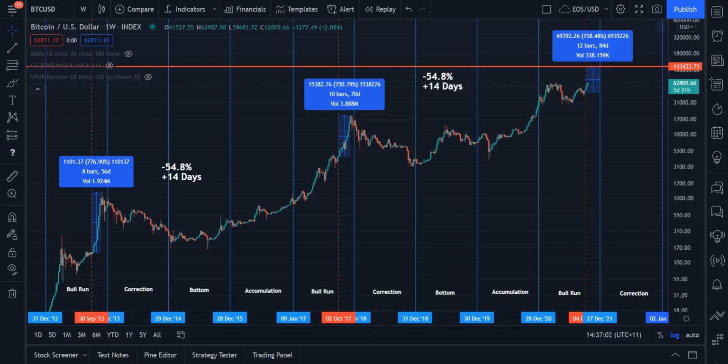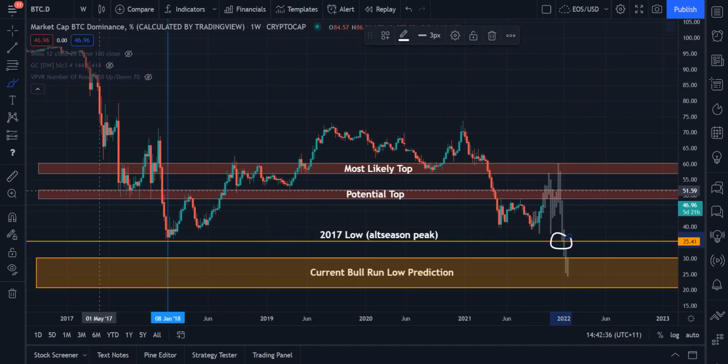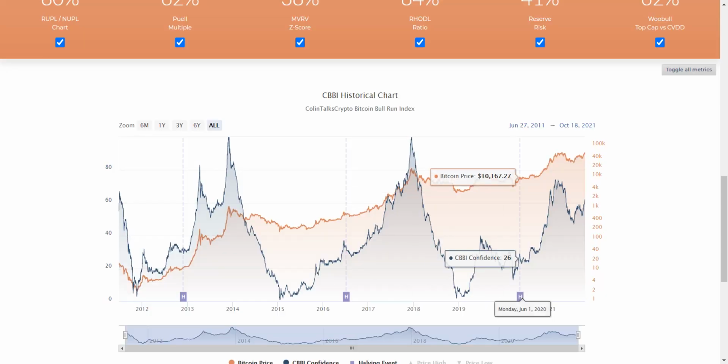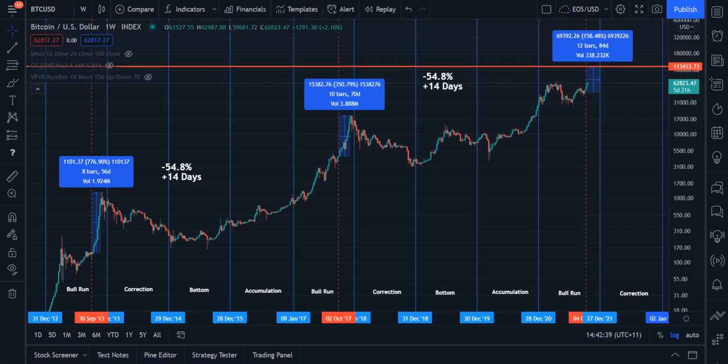So those are the three things. We've got the cyclical theory on the macro scale, and we've got the Bitcoin dominance chart, and we've got the CBBI. Those are the three things I'm going to be looking at for the most part, as to whether it's time to sell towards the end of the year, towards January, and take profits on your coins, not only on your Bitcoin but on your altcoins as well. Obviously, there's a few more indicators you can use, a few more charts you can use, like the total crypto market cap, total altcoin market cap. But these are the three main ones that I'm going to be looking at very closely in the next few months.